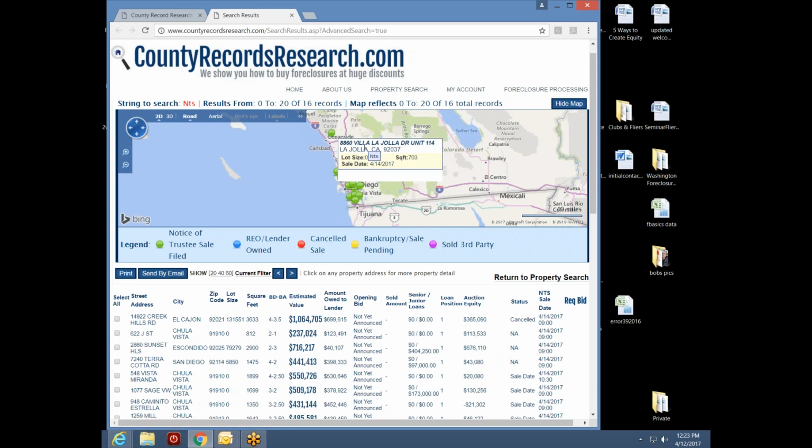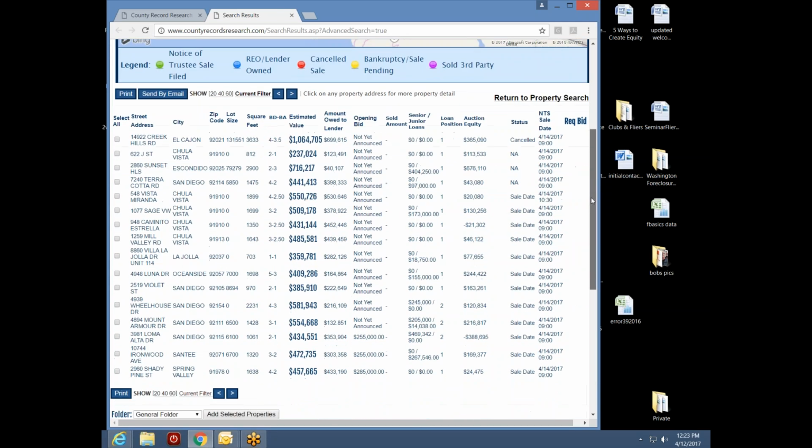Now if I move my cursor inside, notice that the address turns red, which means I could click on it and open that profile for this condo, unit 114 on Via La Jolla Drive. Now, so this property is a notice of sale record scheduled to go to auction on Friday at the El Cajon location. And if I scroll further down, here's the whole list, and that's that very same property right on the list.